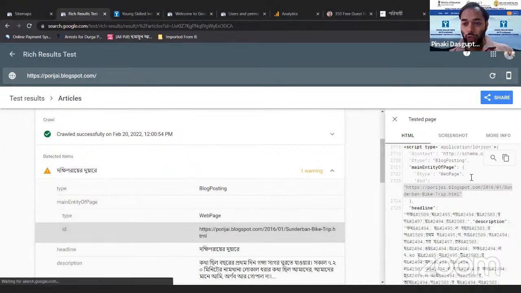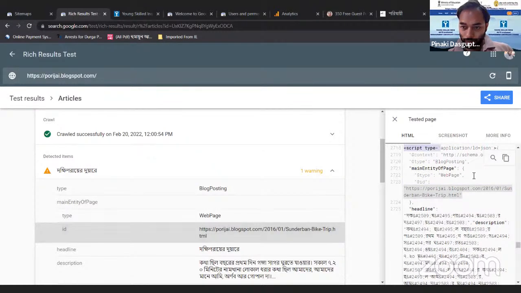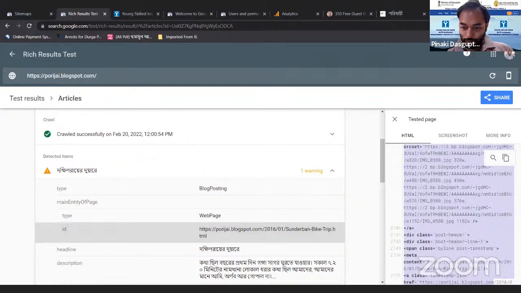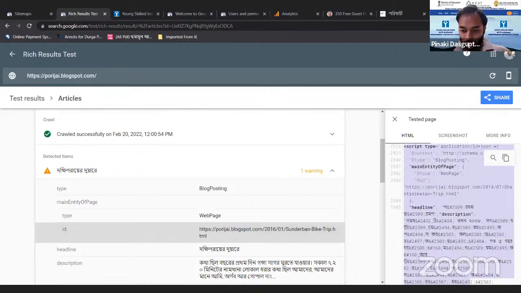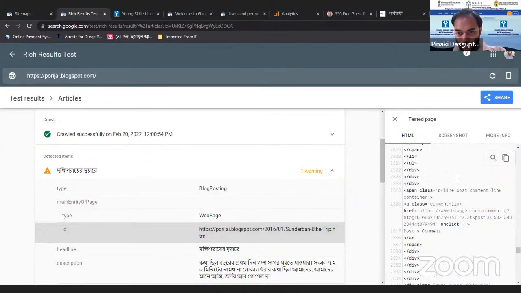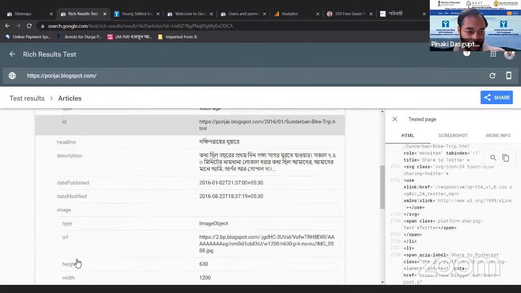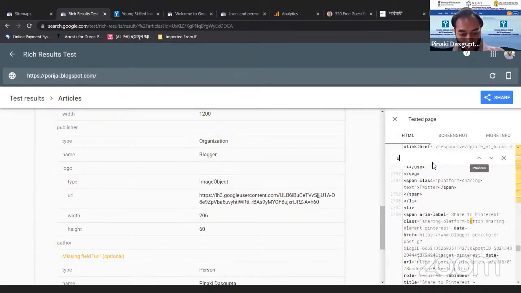So how can I do it? I can edit the same. I'm just checking the entity name, that is missing field URL.